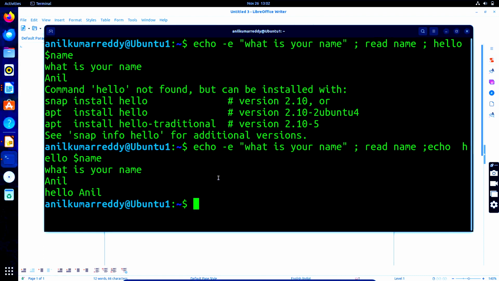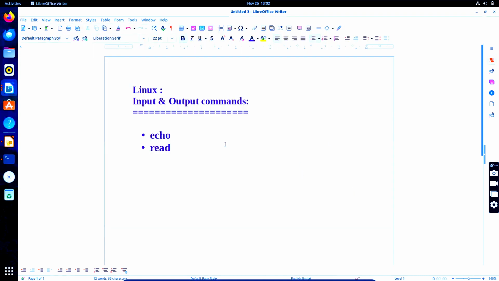So this is the echo and read commands. These are the